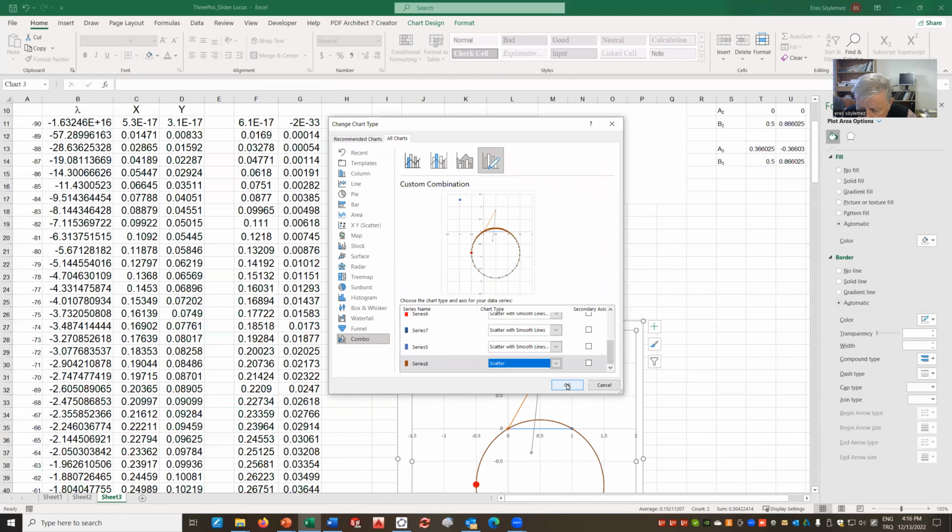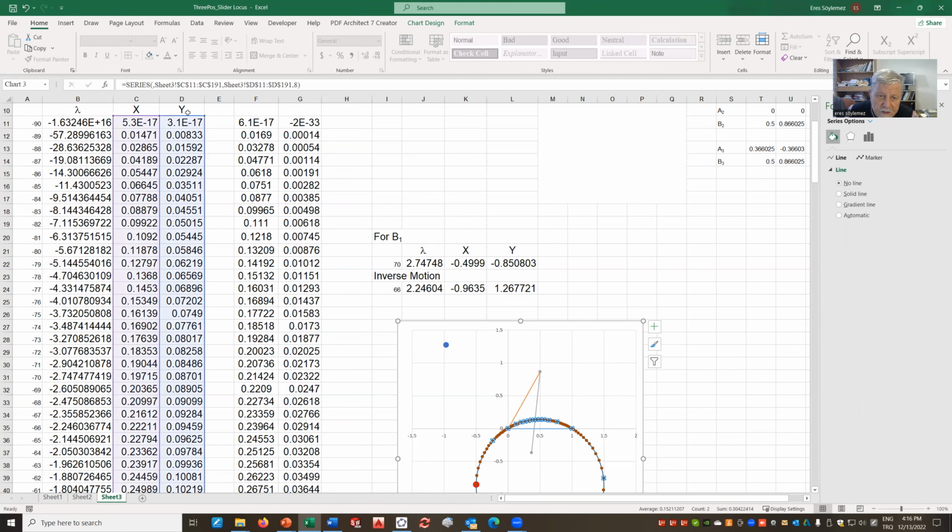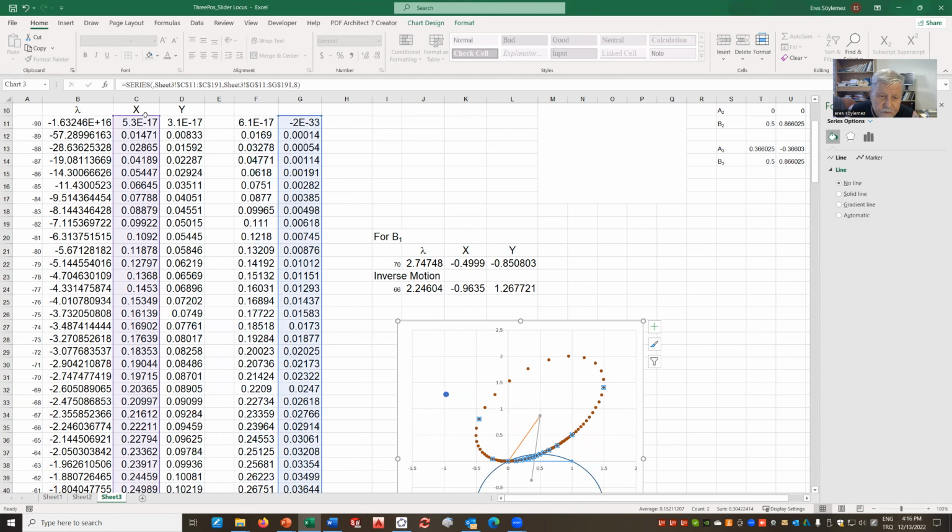Let me see it like this. Of course. I have made a mistake. I have selected these points from here, whereas that's the circumcircle of the pole triangle. Correct? Now,